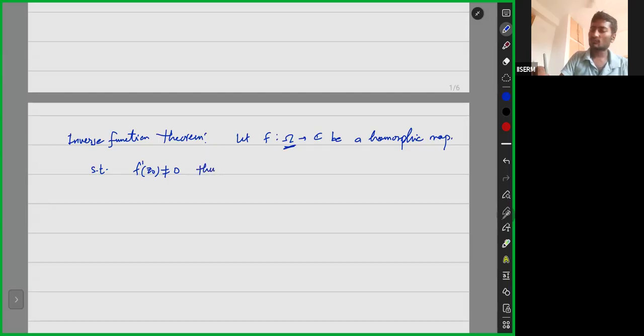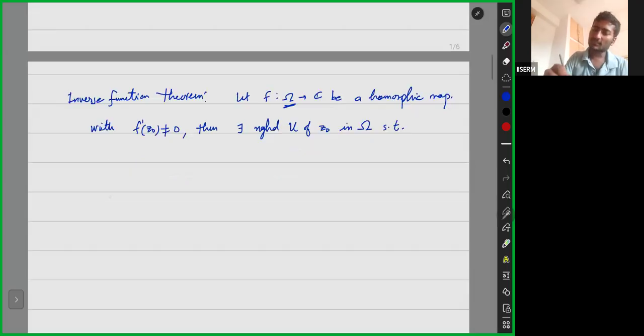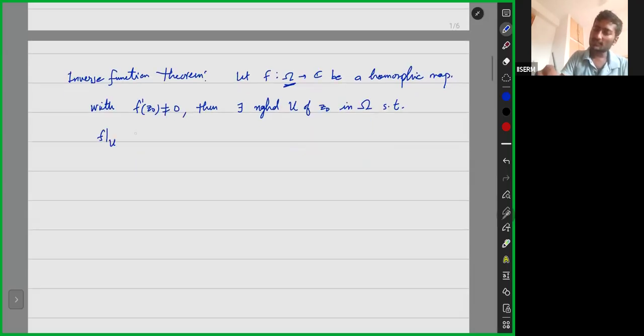Then what happens? There exists a neighborhood U of z naught in omega such that the restriction of f to U is an injective map,